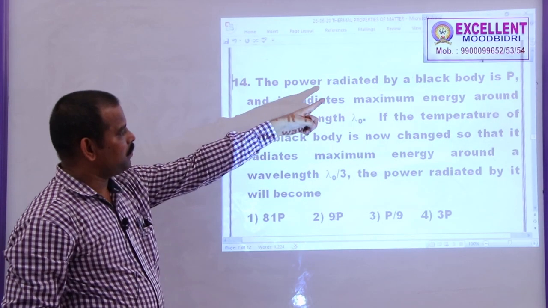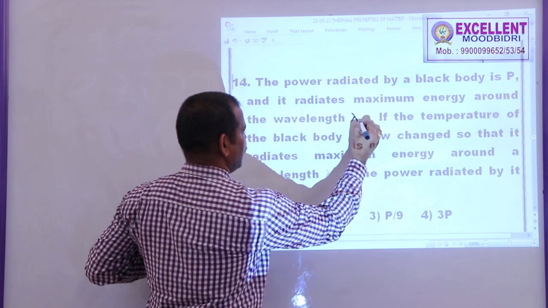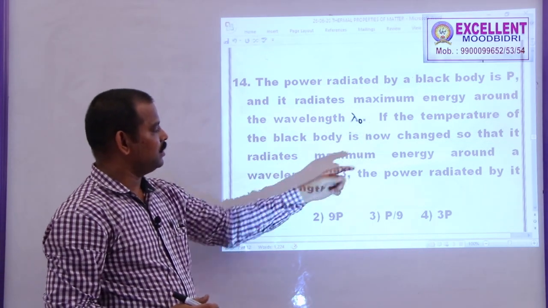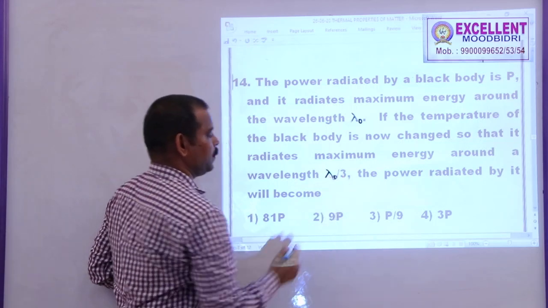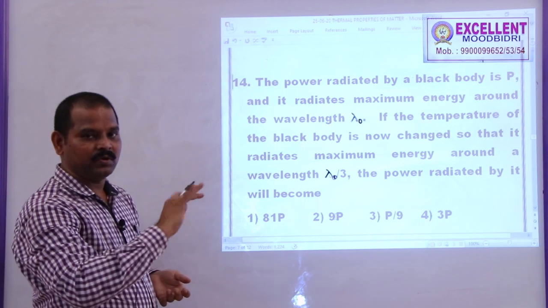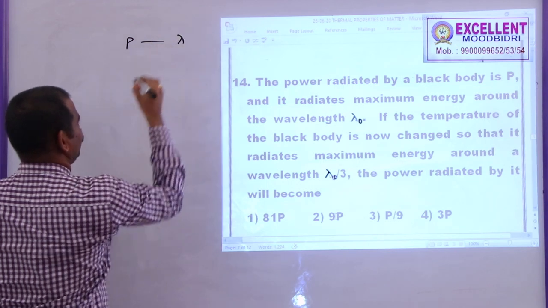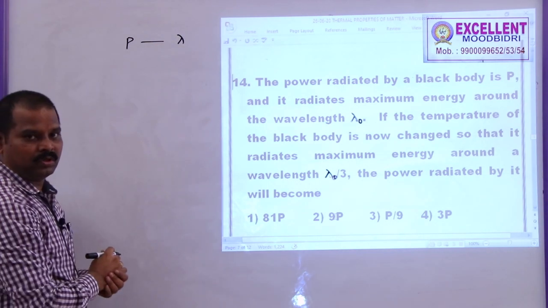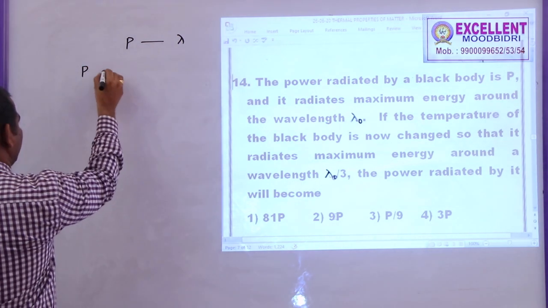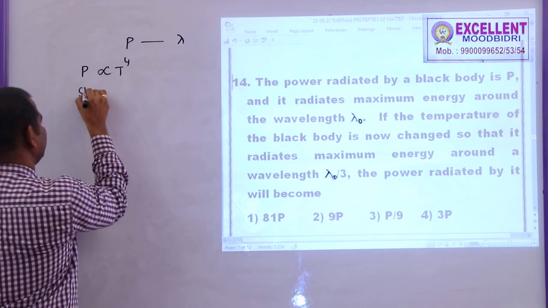14. The power radiated by a black body is P and it radiates maximum energy around the wavelength lambda naught. If the temperature of the black body now changes so that it radiates maximum energy around lambda naught by 3, then what will the power radiated become? Here, this problem is based on 2 different laws, because they are asking the relation between power and wavelength. According to Stefan's law,